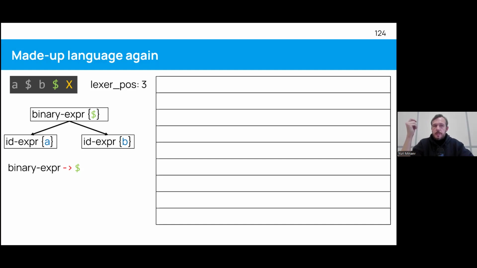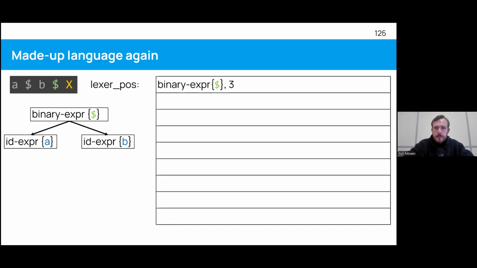So we stash it in our state along with the lexer position, and that's the position after the expression. So again, our binary is 3 tokens long, and the position is 3, therefore. Okay.